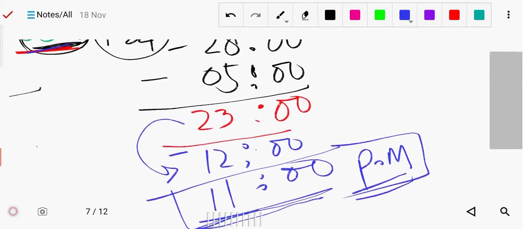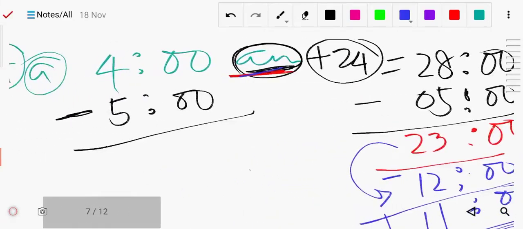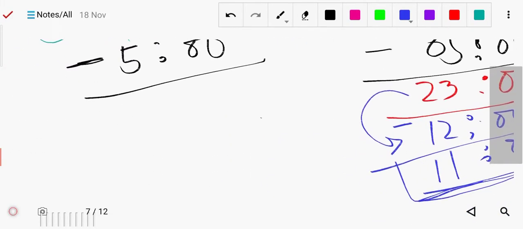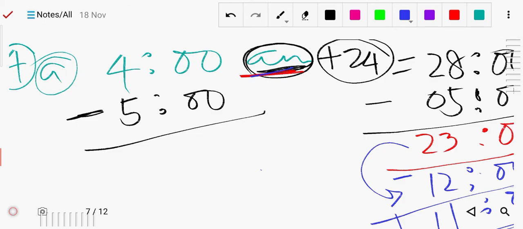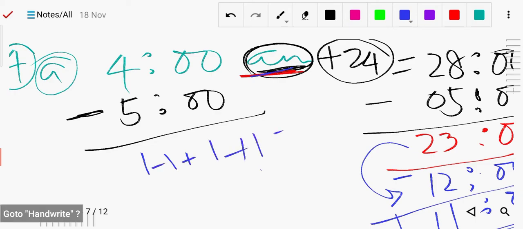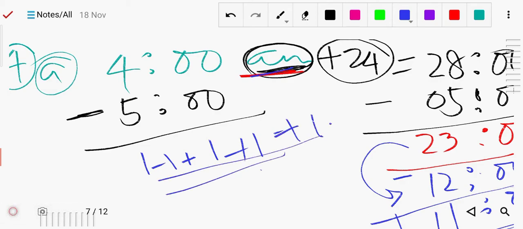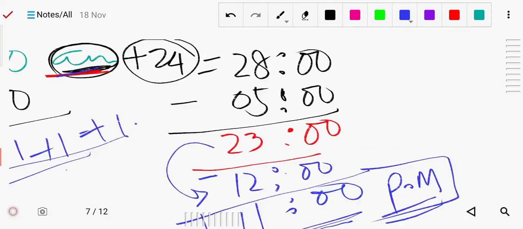So in this way you can do it, or you can calculate like this: the time is given as 4 AM, so you have to subtract 5 hours. Likewise you can calculate: 1 hour before is 3, then again 1 hour before is 2, again 1 hour before is 1, then 12, then 11, so now you reach 11. You can subtract one step at a time, or do it in this way. This is up to you how you want to do it.